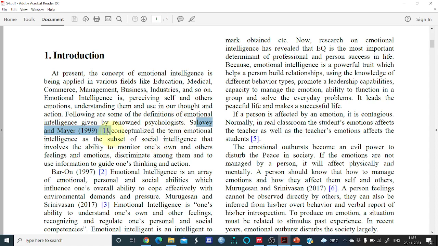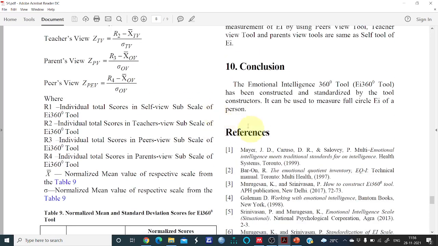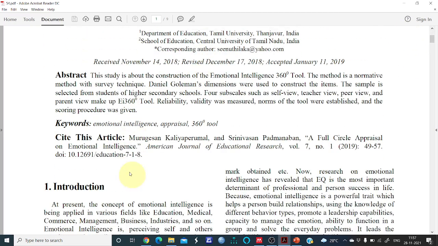And where can we see the full details? That will be in one. Okay, under one we can see the references: Mayer JD, Caruso DR, and Salovey P. Emotional intelligence meets traditional standards for an intelligence. So this is a journal paper, in Intelligence, 1999. So this one we call reference. The full detail we call references. Only the name and the year we call citation.